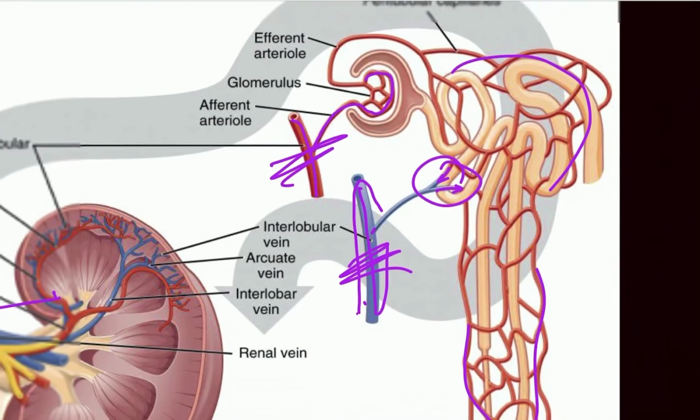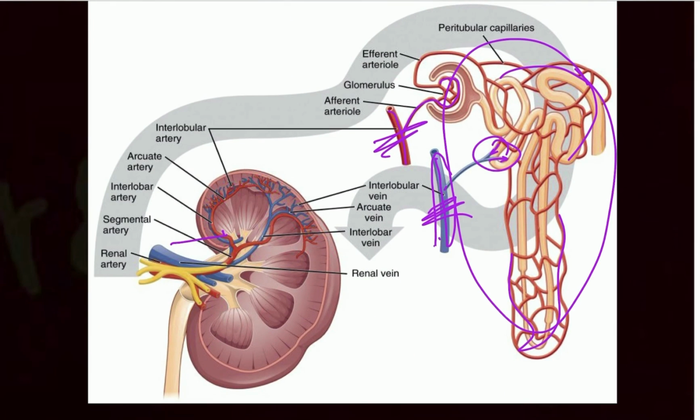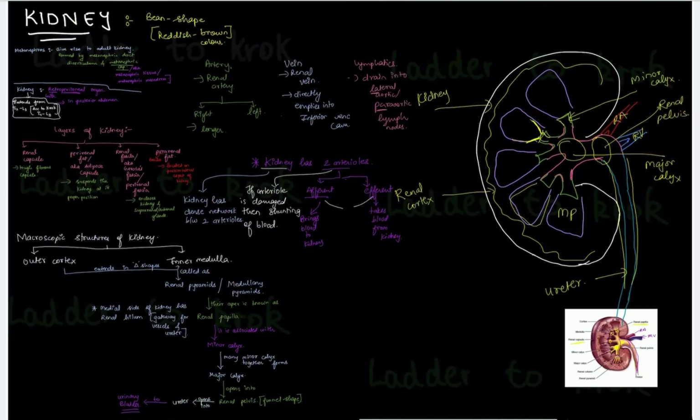And one more thing. I told you that there's a dense network present between the 2 arterioles. So this is the dense network. You can see that a net formation shape is present over here, right? This is the dense network which I was talking about before. So I hope the major part, the macro structures of the kidney, is clear to you.